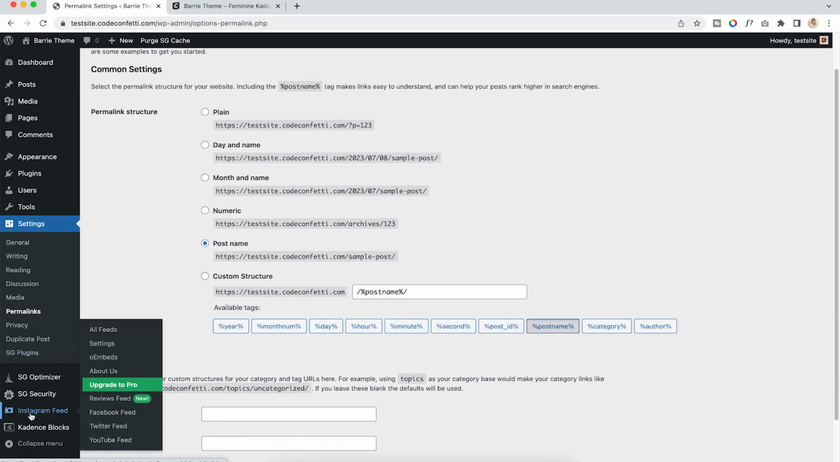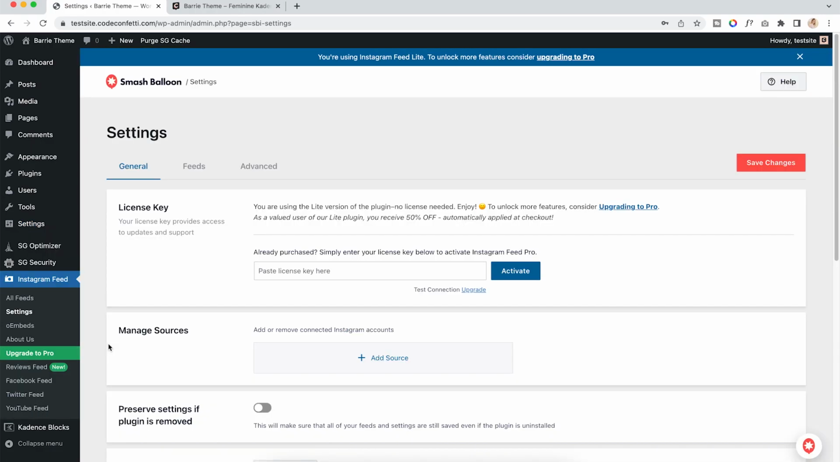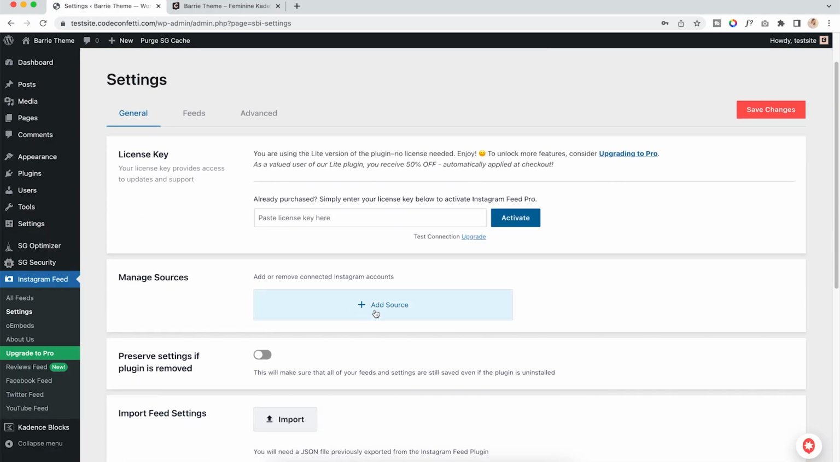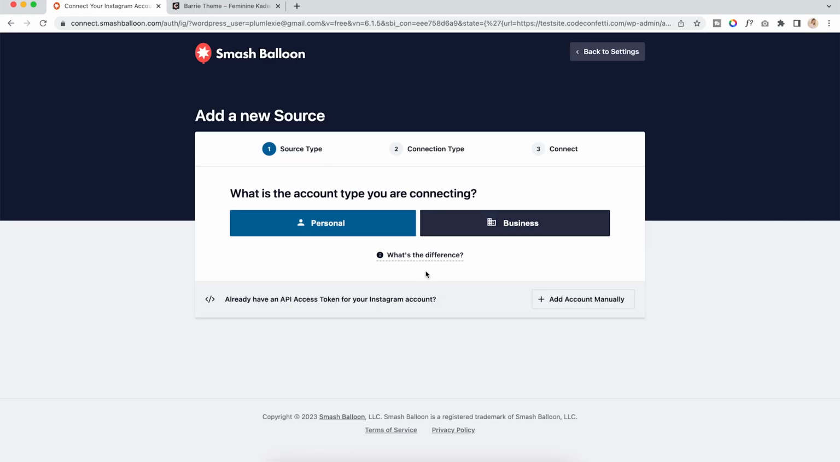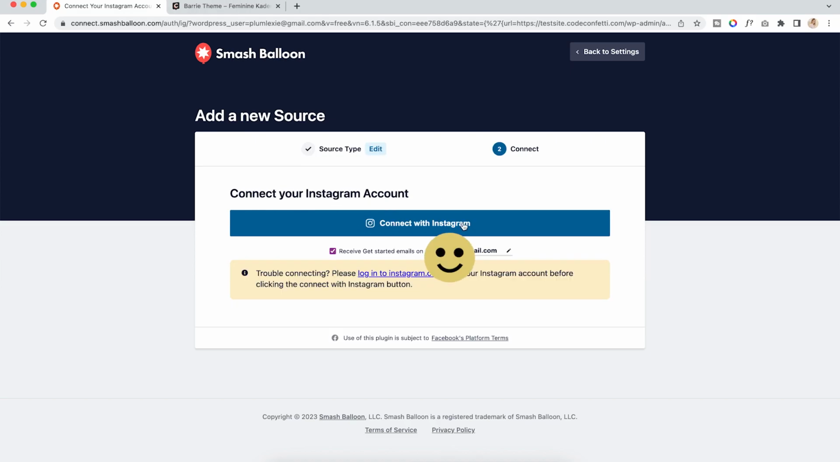and hover over Instagram feed, and we can go to settings. What I want to do here is I want to actually add a source, and it'll just take a second. And then basically you want to make sure that you're already logged into your Instagram account. I am logged in on my computer already, so you can select whatever you have, business or personal. You're going to click connect with Instagram,